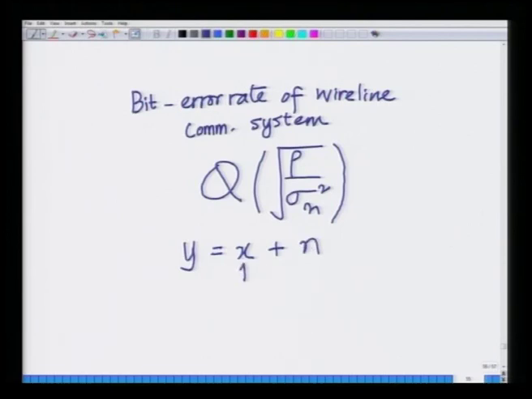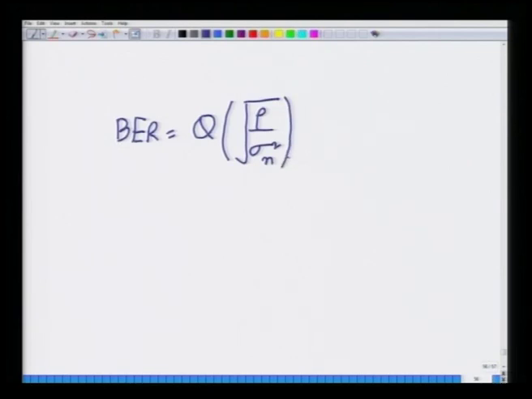Remember, p is nothing but the signal power, and sigma n square is nothing but the noise power. Hence, I can also write this bit error rate as Q times square root of p over sigma n square,